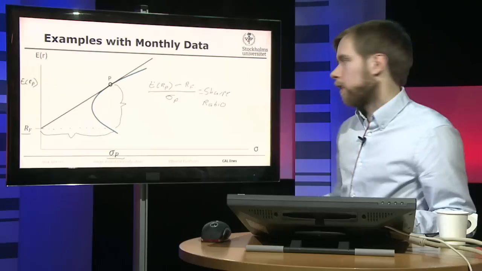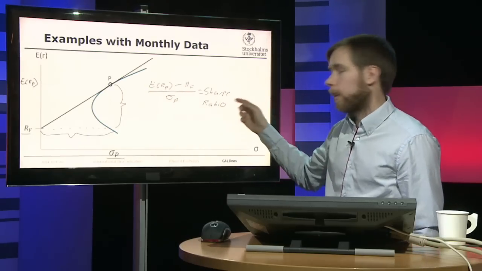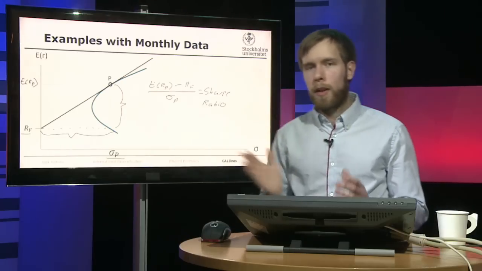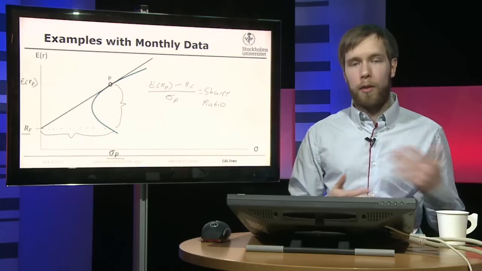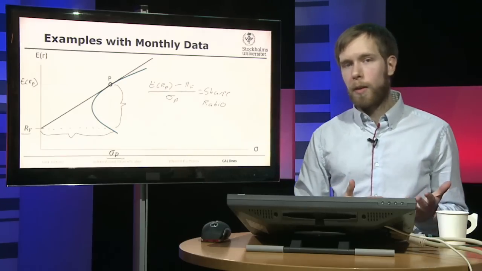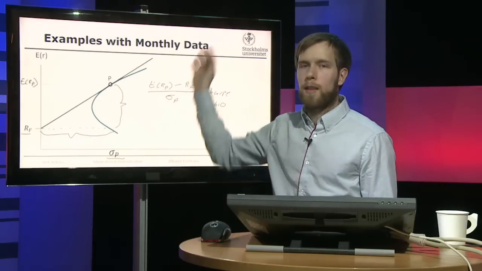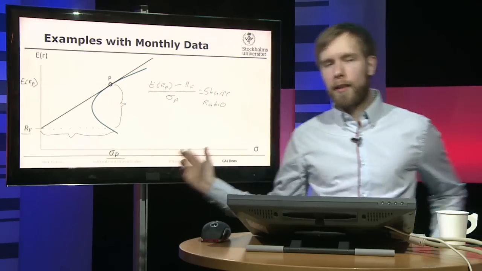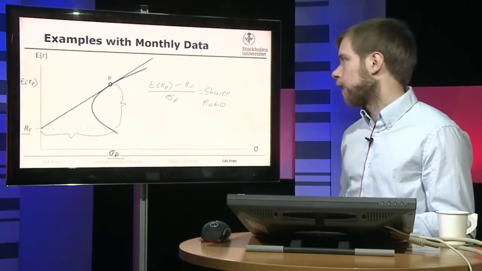Okay, so actually the slope, we want as steep a slope as possible, and the slope is measured as the Sharpe ratio. So that's one of the reasons why the Sharpe ratio is so widely used for funds, because it helps you find out or select which funds are actually the best ones. The higher the Sharpe ratio, the better they are, at least if you assume that you can leverage up your investment. And this is also why in StockTrack we use the Sharpe ratio as one of the rankings of your